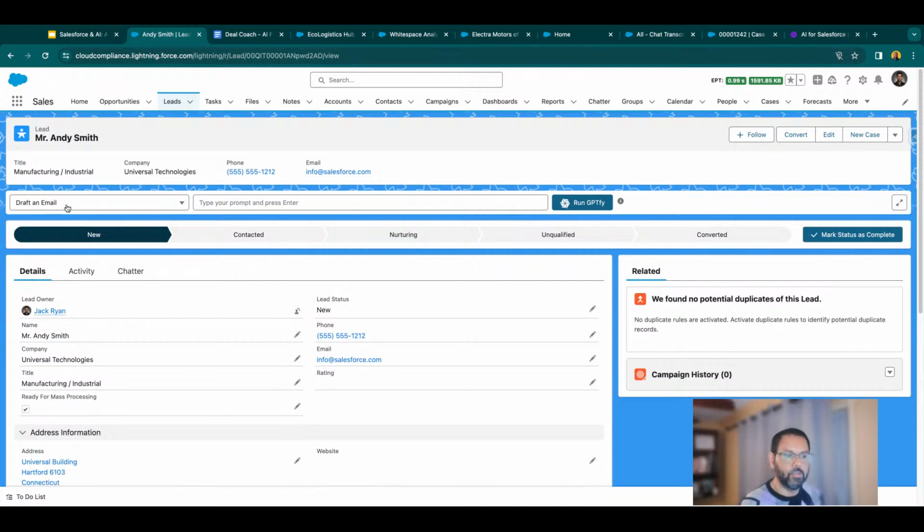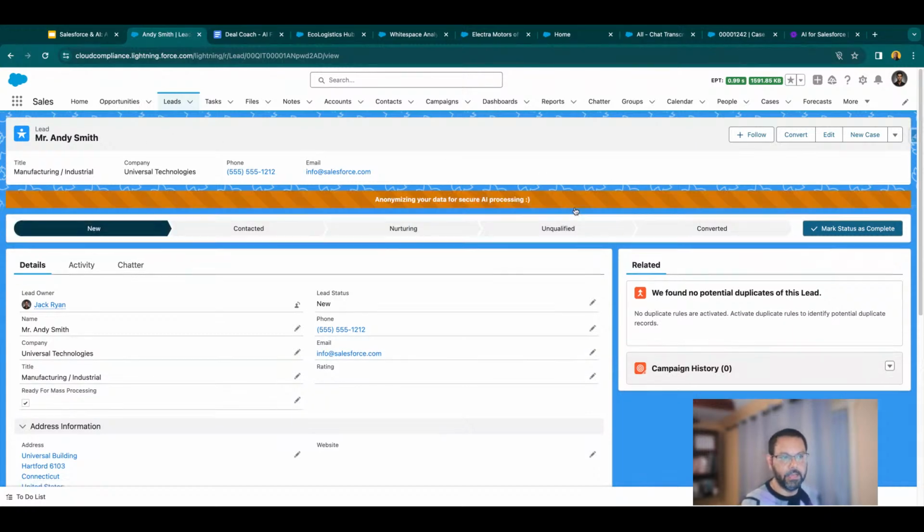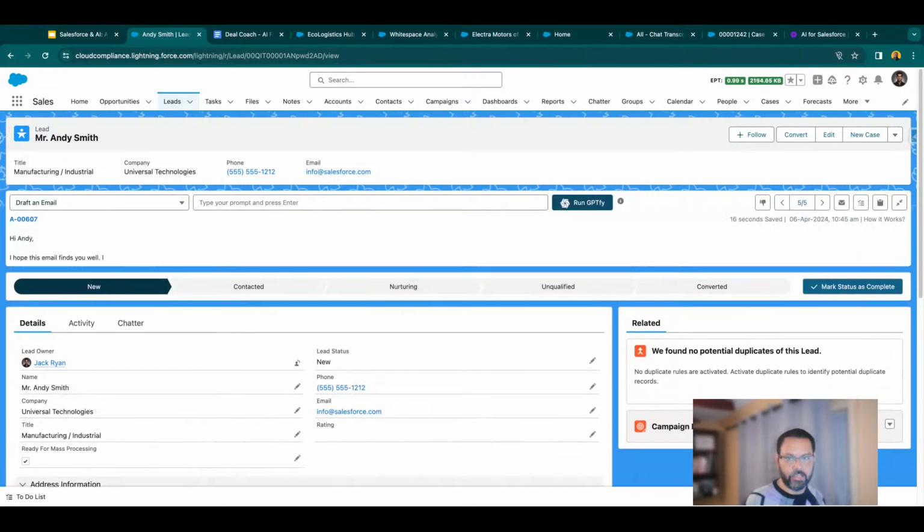And the idea is you can pick a prompt here, and these are pre-configured prompts. So I'll just ask AI to draft me an email. And what we are doing now is that we are going to extract information out of this lead and any other related records, parent, child, grandchild, whatever. So activities related with it. If I'm on case comments, if I'm in account, related opportunities, cases, case comments, tasks, whatever, standard, custom objects, all